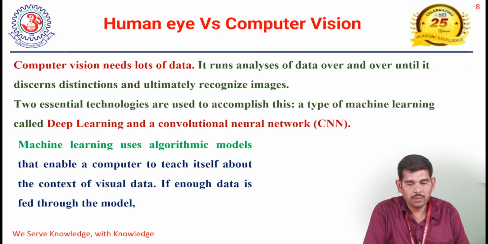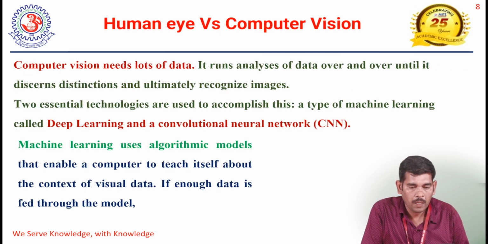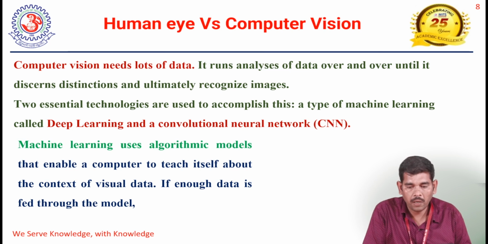Human eyes versus computer vision. Computer vision needs a lot of data. It runs and analyzes the data over and over. In deep learning and convolutional neural networks, you handle a lot of data in a fraction of a second. In machine learning, used